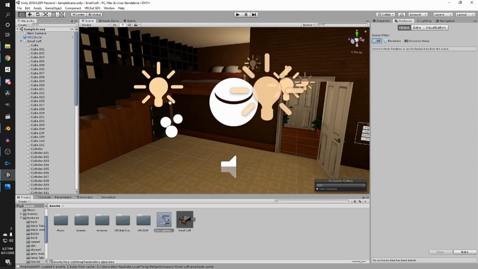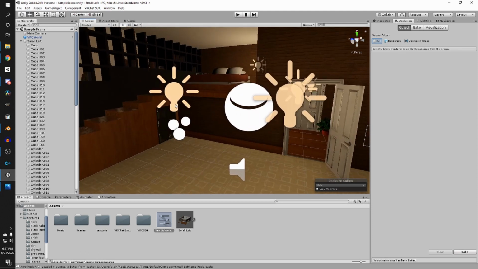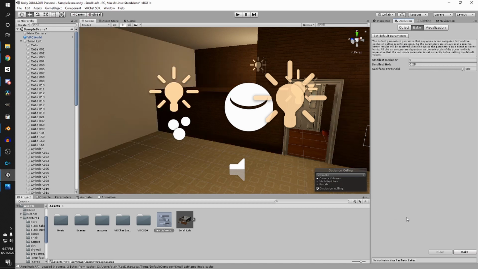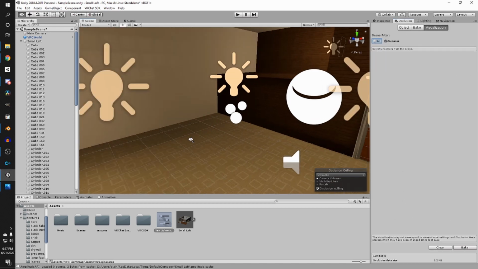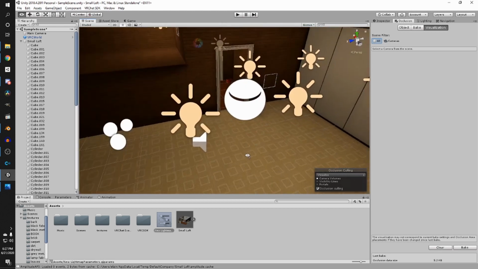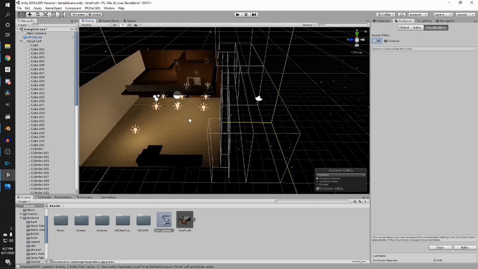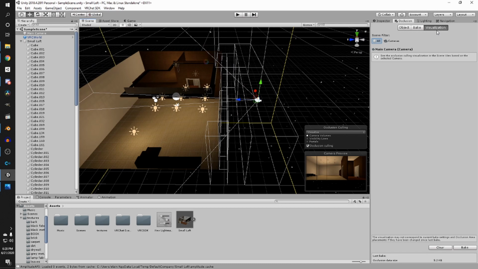Occlusion will save the information on how it shows you game objects in the scene when you're playing. It will determine what is shown depending on where you're facing, and I'll show that. Usually the default settings are good, so that's what we're going to use. Just come down here, go to bake, and you can see things disappeared. That's because our camera is somewhere over here. Right now we're in the visualization tab,